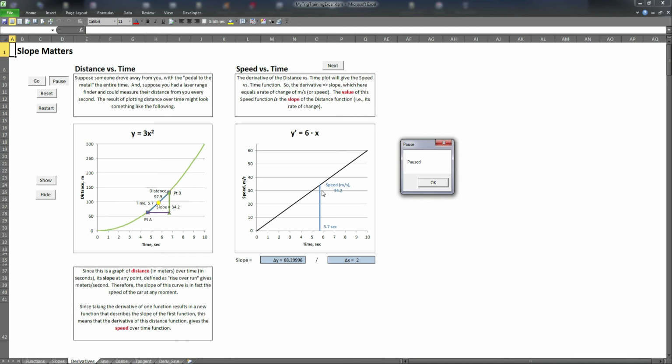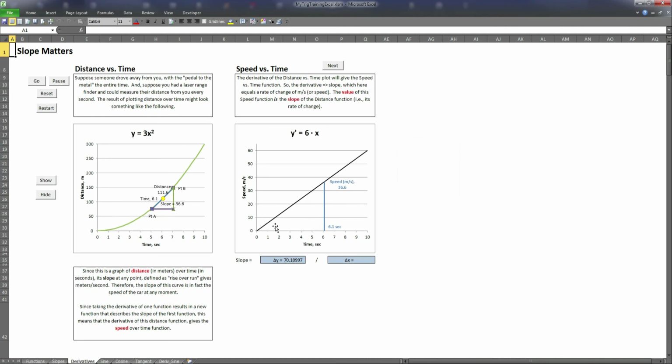So it's really important to understand that when you take the derivative of a function, the resulting function is actually a graph of the slope of that original function at any moment in time. So the value here is equal to the slope there. And if you notice something right off the bat here, this is a straight line. That means that the